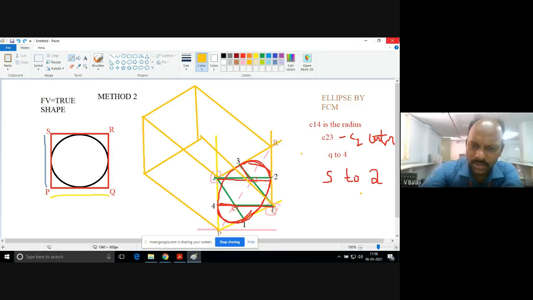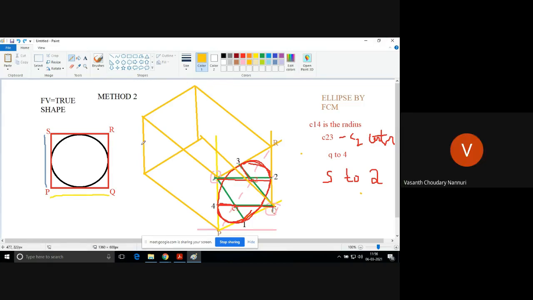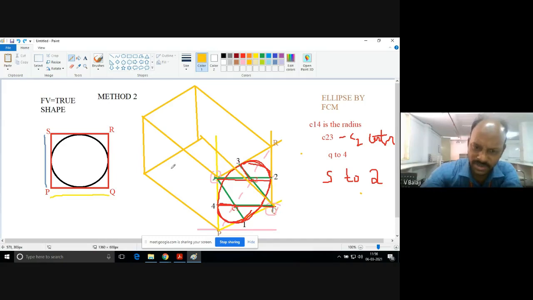Now here, what do you have to do? We have to construct one more ellipse, sir. One more ellipse as the base. By taking the four center method again, you can create one more ellipse. So I don't want to explain one more time. Simply I will draw the ellipse. Let me draw the ellipse like this. Okay, something like this I'm getting.